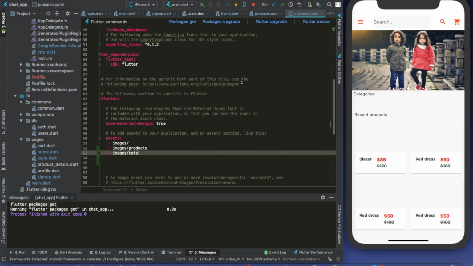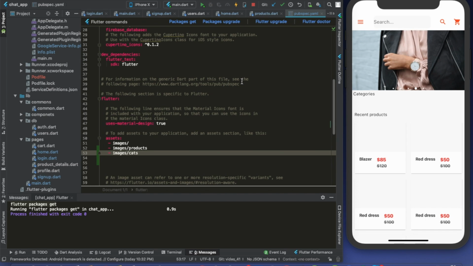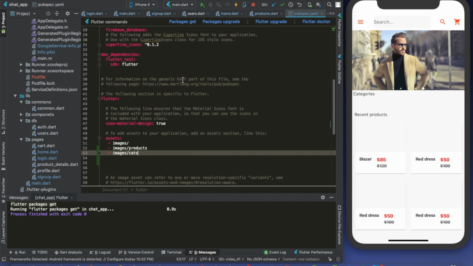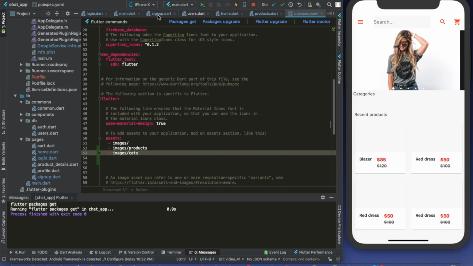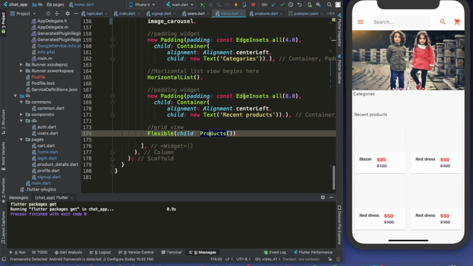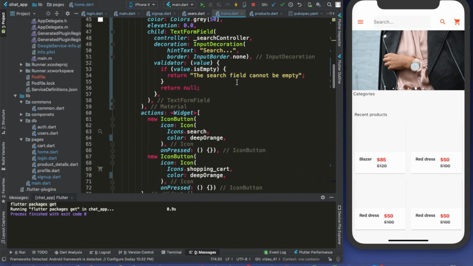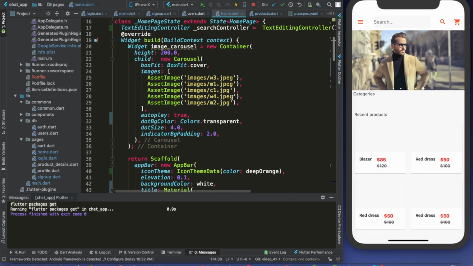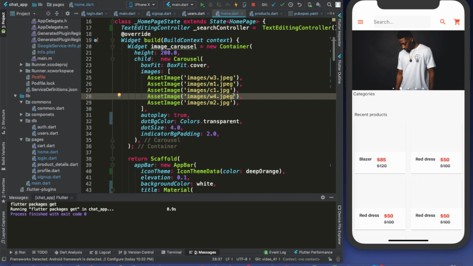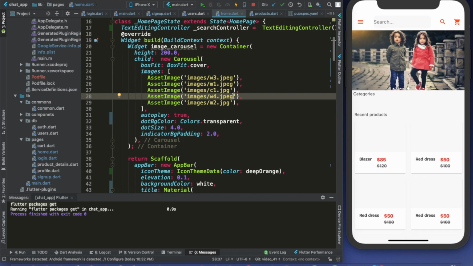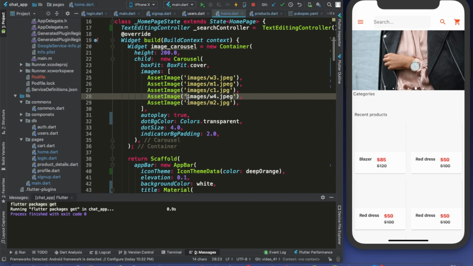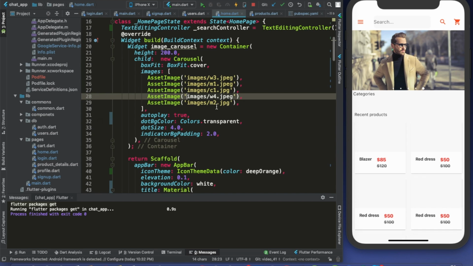Okay, I think we may need to place the images here manually, but I'm not really willing to do that now. So what I can do, because we didn't get the images anyways, to make our lives easier, is coming over here, finding any one of these images, copy it, and